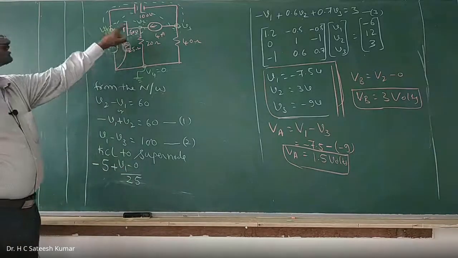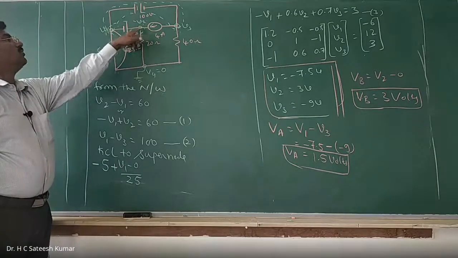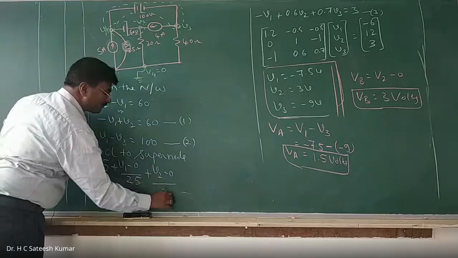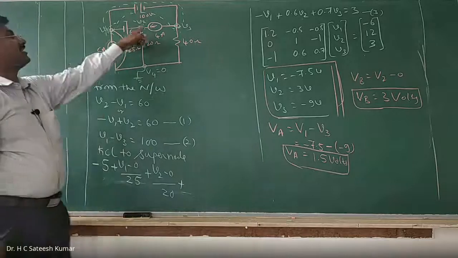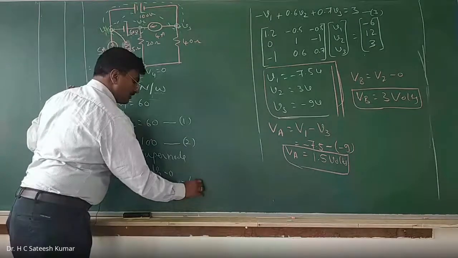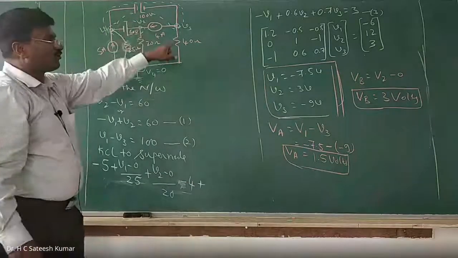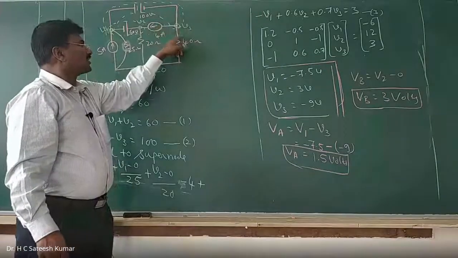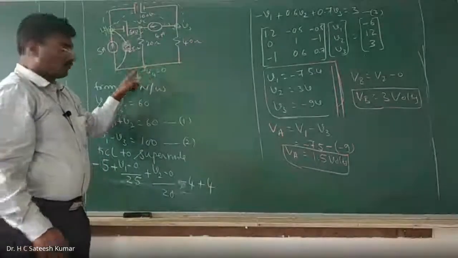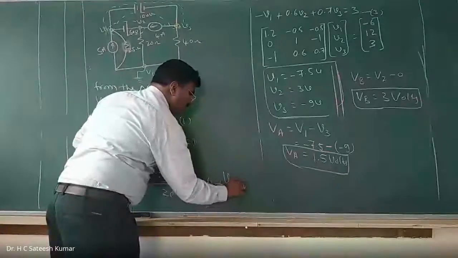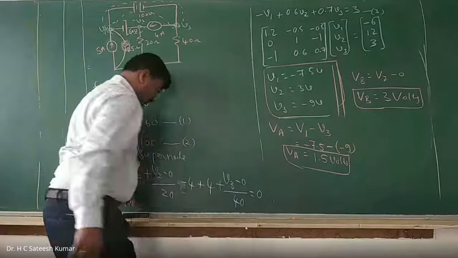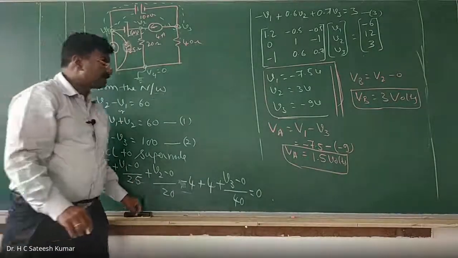These two over. Next we come to this one. How many are there? 1, 2. V2 minus 0 plus V2 minus 0 divided by 20, plus current is entering but it should leave. Therefore, minus 4, plus these two over for this one. Next you go for this. How many are there? Leave this one. These two are there. Current is leaving. Therefore, it is plus 4. Next, V3 minus 0 plus V3 minus 0 divided by 40 is equal to 0. Right?